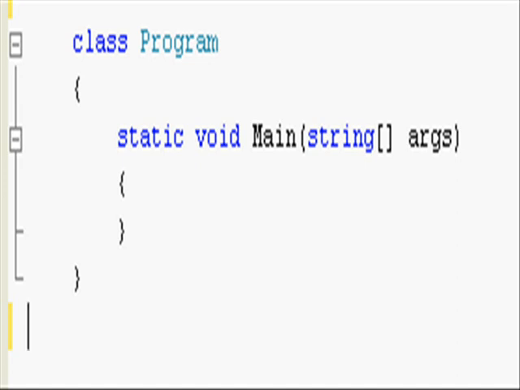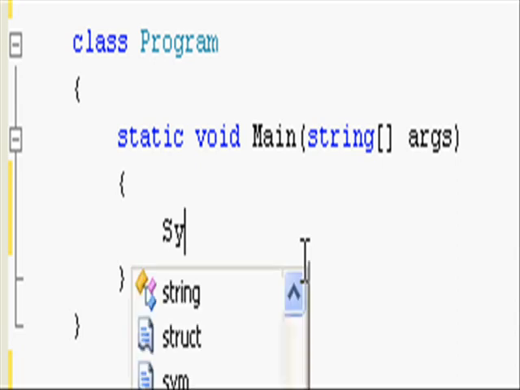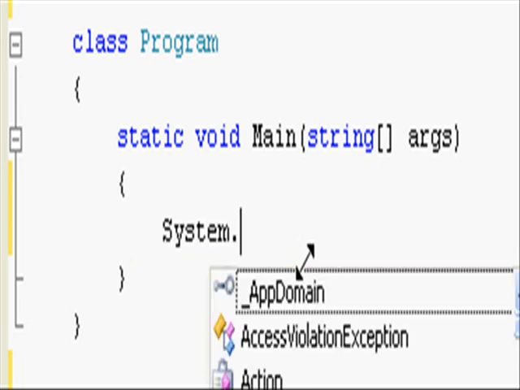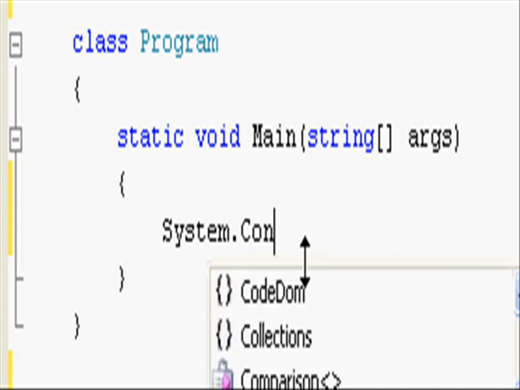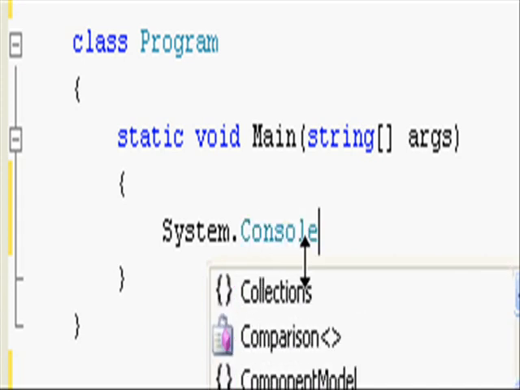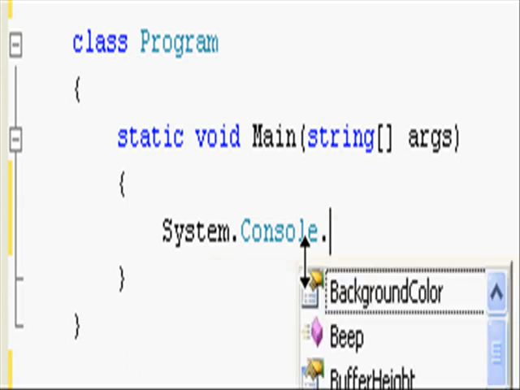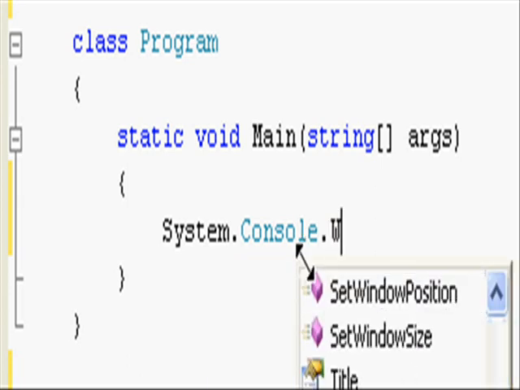Now, this program would do absolutely nothing. What we're going to do is add a line that will make it say what we want to say on the screen. So I'm just going to add the line now. Each time we type something that the computer recognizes, it will start to input things for us. I've put in System, which is a set of functions, and then Console, which is the place, a window we're going to write into, and then we start to type the line we want, which is WriteLine,